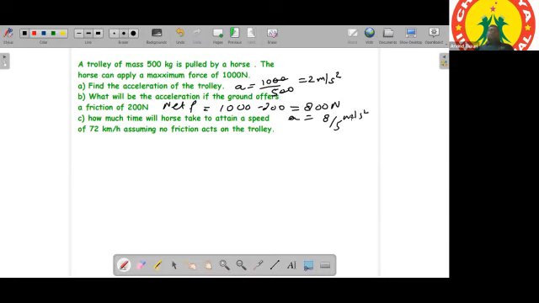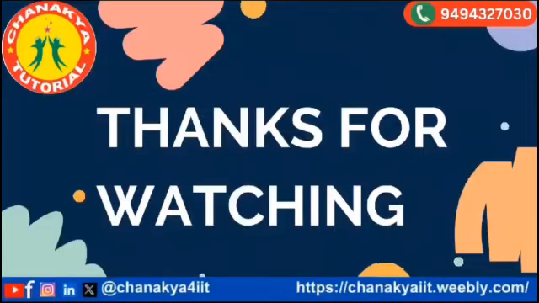Okay. For the third part, how much time will the horse take to attain a speed of 72 km per hour, assuming no friction